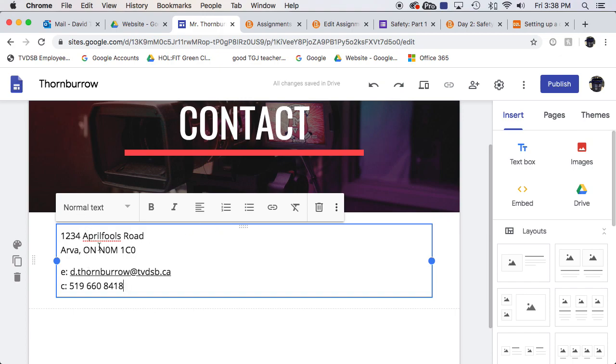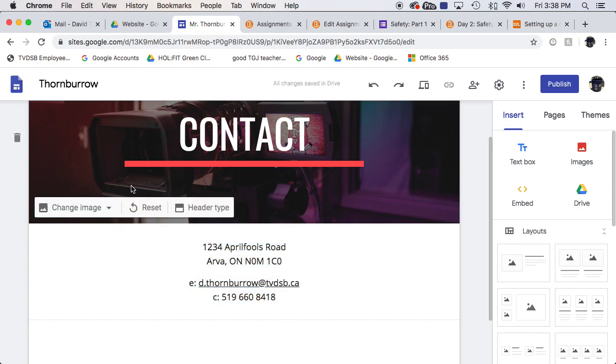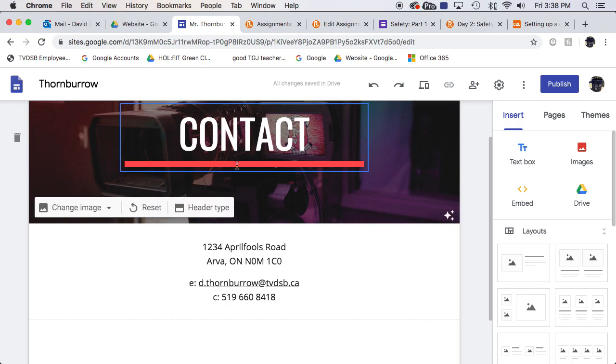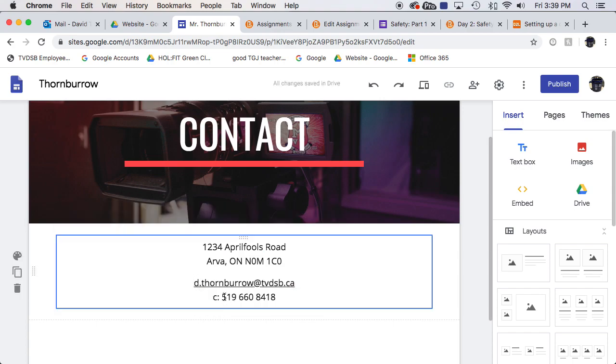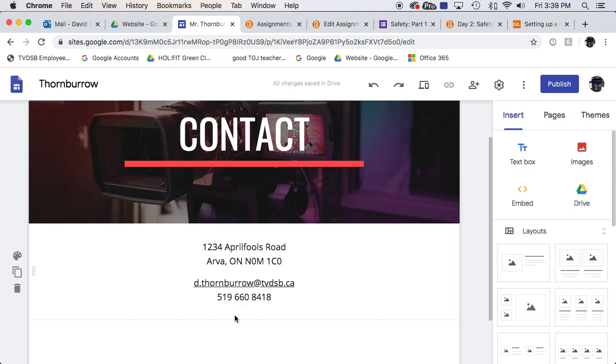So then I'm just going to take this information and, up here, you have the option which way you want to justify the type. I think that would look better on this because there's not a whole lot of information and the title is kind of centered like that. Having it centered now, I think that doesn't look as good. So I'm just going to do that. People know what that is. Okay, so that is my